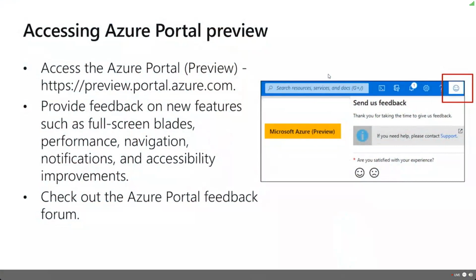You also have to report a bug. Say, hey, look, we're having an issue with this particular portal. We can give feedback back to the product group to design a better portal experience for you. And I will tell you, folks, I have seen so many wonderful changes from the initial Azure portal to where we're at today. They really want to make the experience easy and intuitive, and you can kind of see what we're working on by going to Preview Portal. You have the ability to work with it, and it'll be on your production environment.